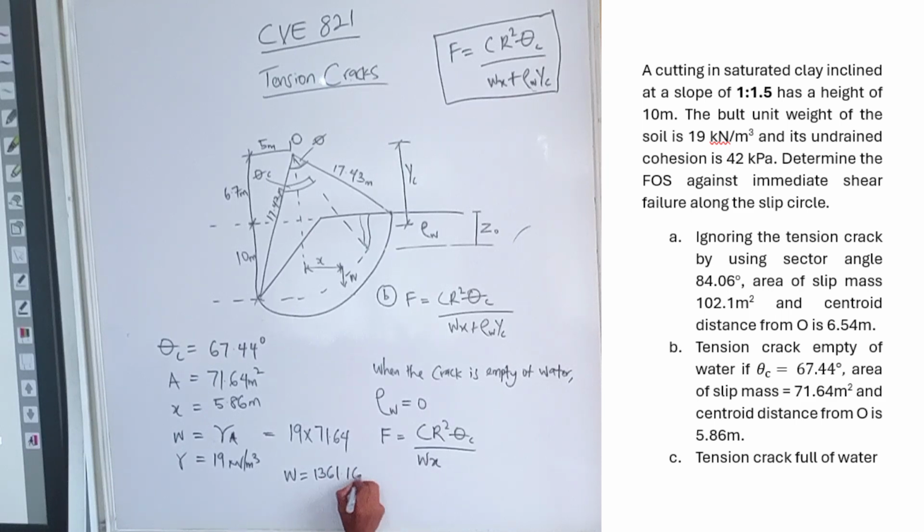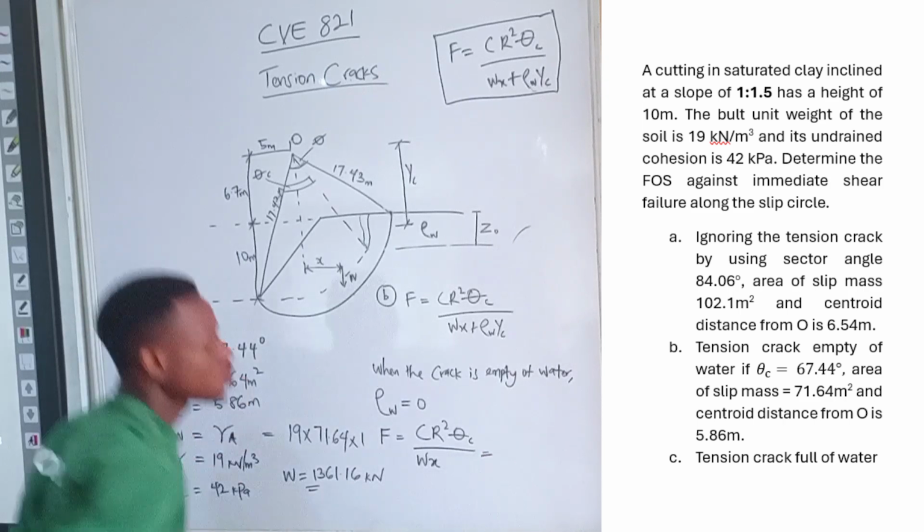1361.16, 16 kilonewtons. So that's the new W. I think we already have everything we need. Our C is still 42 kilopascal. So we can move on from here to get our factor of safety, which is going to be